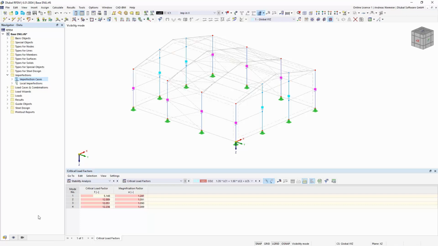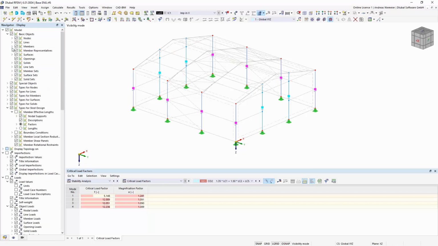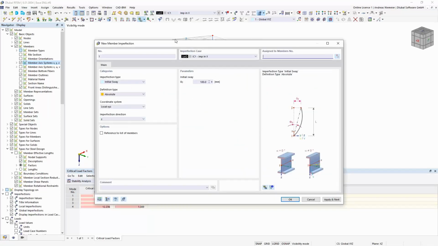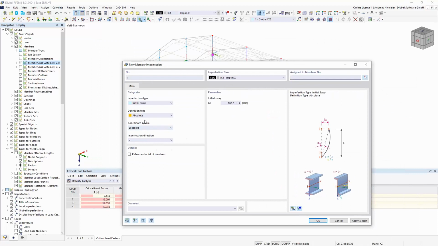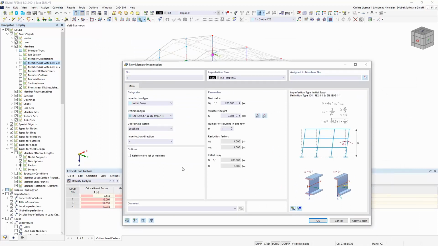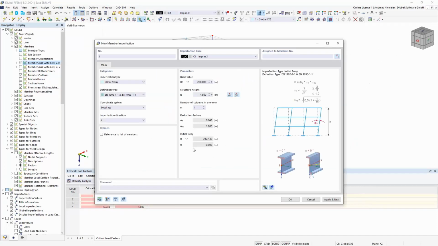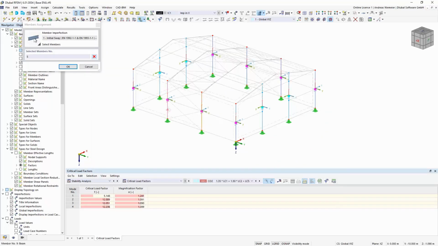Now go to the imperfections in X. For this I activate the member axis system and create here imperfection according to Eurocode in Z direction with the base value, and the column height is, for example, 4.5 meters, and I have in the mid columns 2 columns in one row, and now we can place the imperfections on these members.